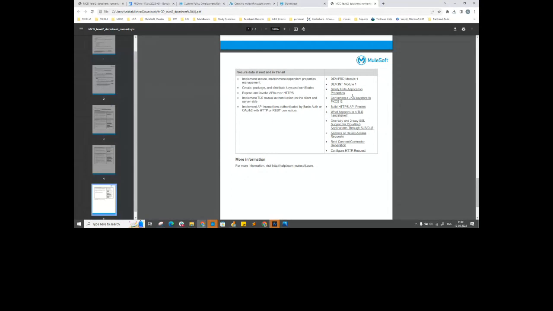They do not ask you questions out of the world. They will never ask you any kind of questions. They will ask you the questions from the topics that they have given to you in the preparation links or in the data sheets. So stick to the contents that has been provided to you by MuleSoft. Okay.